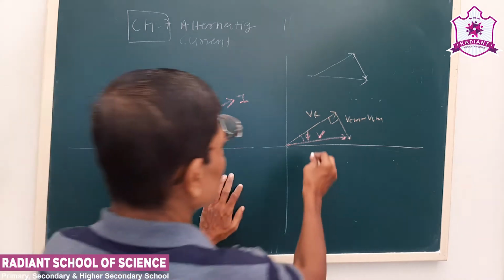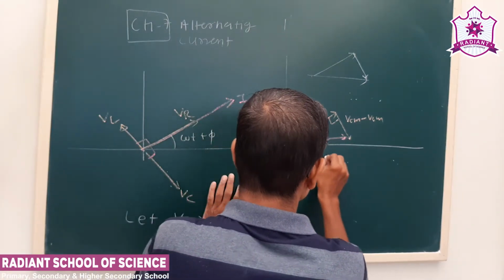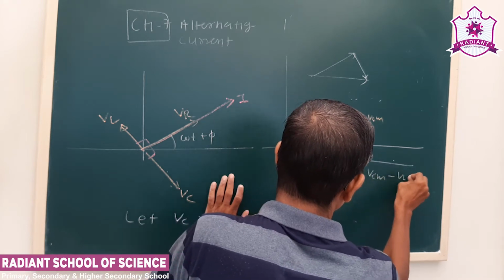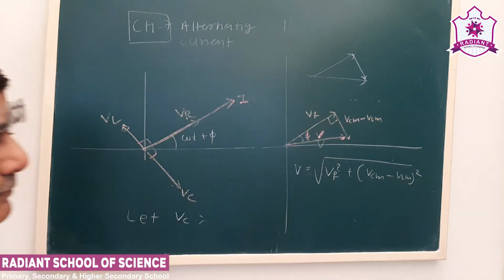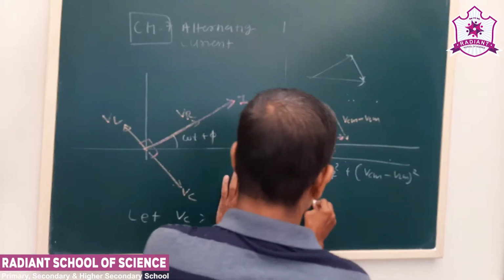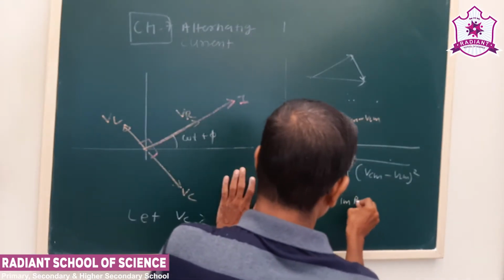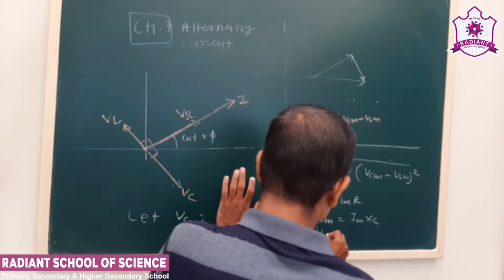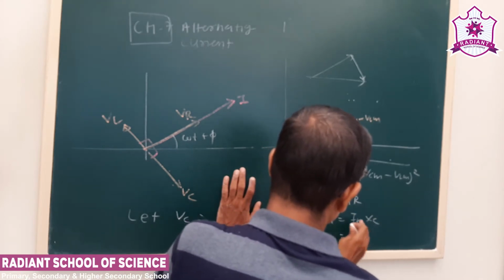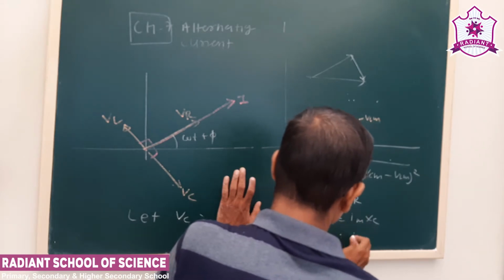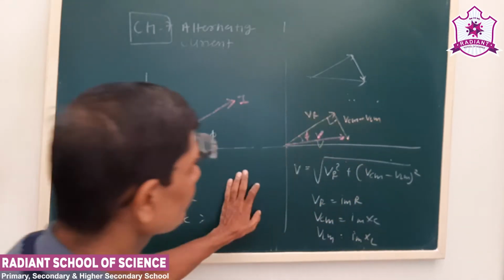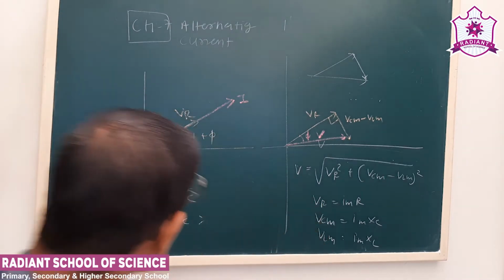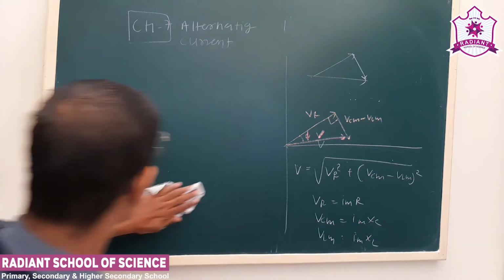Now what we can say is, the total voltage supplied V is equal to the square root of VR square plus VCM minus VLM whole square. Now we substitute the values. VR is Im into R, VCM is Im into XC, VLM is Im into XL. This is what we have to substitute here. So our equation will become